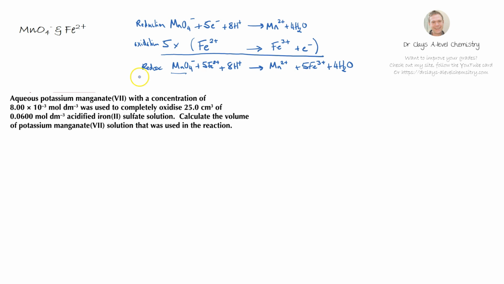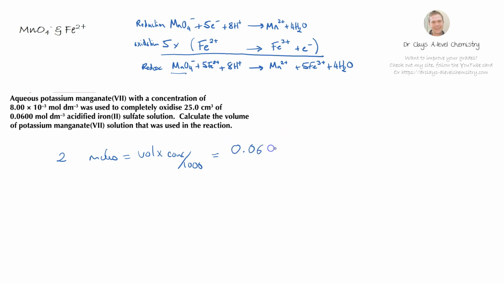Well, the first thing we do is we have to work out the balanced redox equation, which we've actually already done here. And we've already said this. And the second step then here is to work out something we know, in other words, to work out the moles of Fe2+. And the moles of Fe2+ is going to be equal to the volume times the concentration over 1000. So this really is sort of synoptic in essence because it's using your AS knowledge but just in a different sense. And we end up with